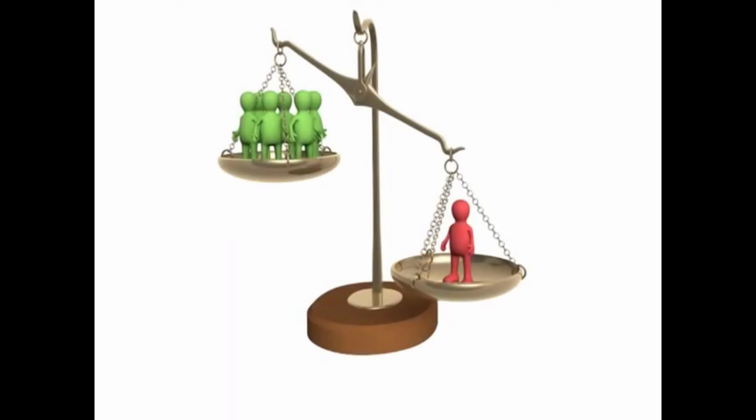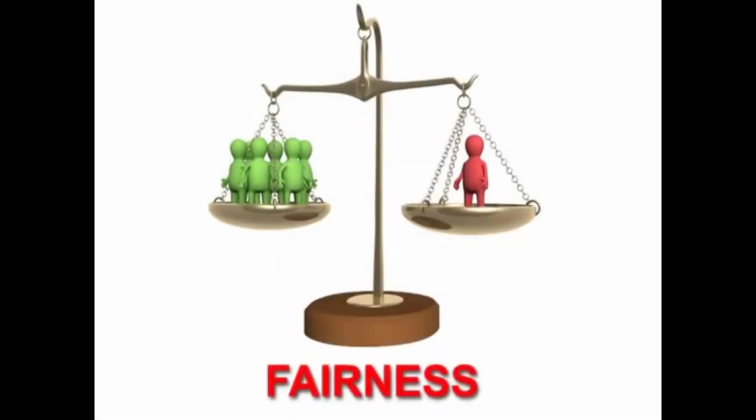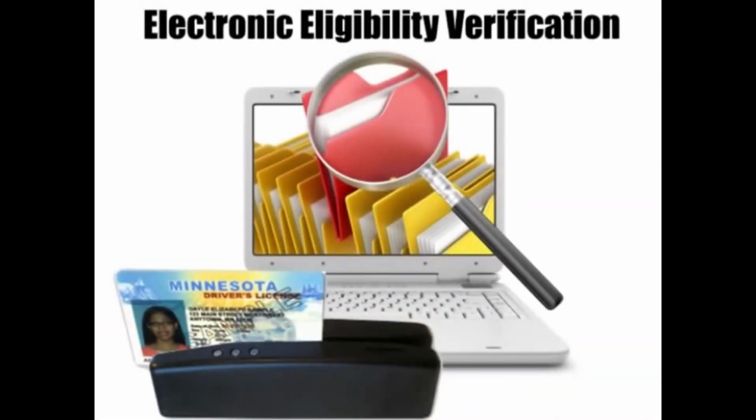Minnesota's current approach to voter registration is fundamentally unjust because it treats two different groups of voters very differently. It also is unsecure because there is no eligibility verification being done for Election Day registrants. Minnesotans' sense of fairness demands that this situation must be addressed. A recent poll reveals that 87% of Minnesotans believe that all newly registered voters should be subject to the same identity and eligibility verifications. The 21st Century Voter ID proposal solves this problem by employing real-time eligibility verifications for Election